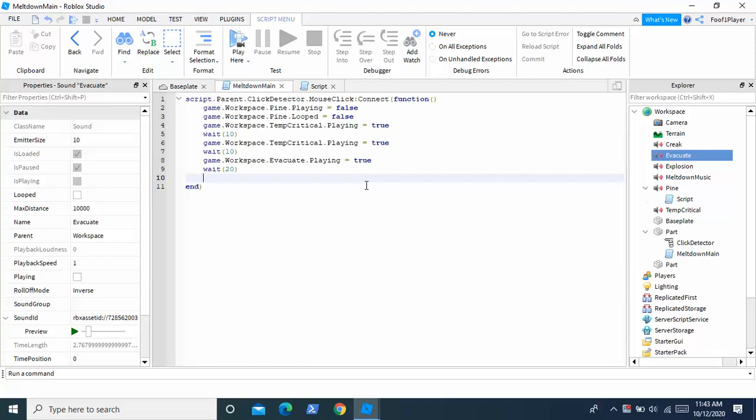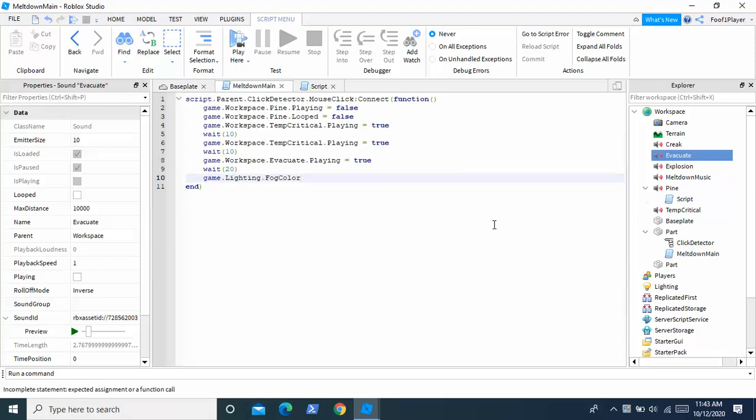This is the actual meltdown. There's some optional stuff in here that you can do or choose not to. I don't really care if you choose to do it or not. It won't mess up the script or anything. I'll tell you which things are optional. But anyway, first we're gonna write